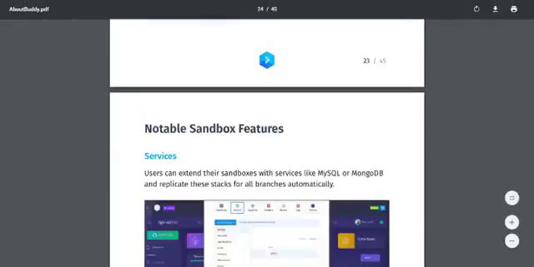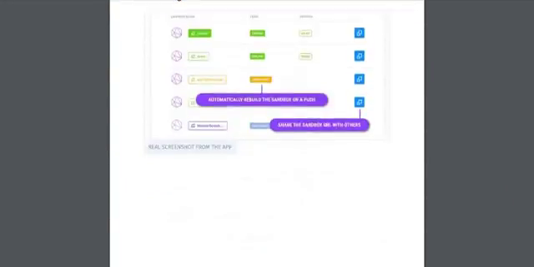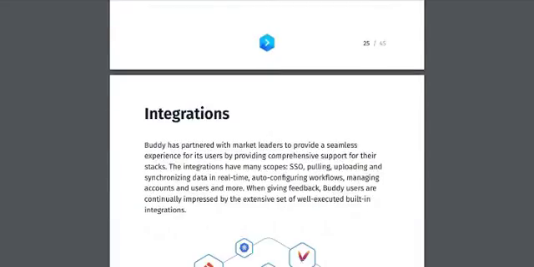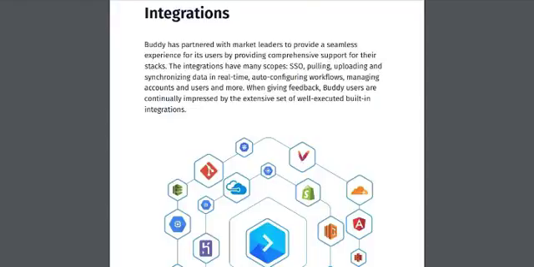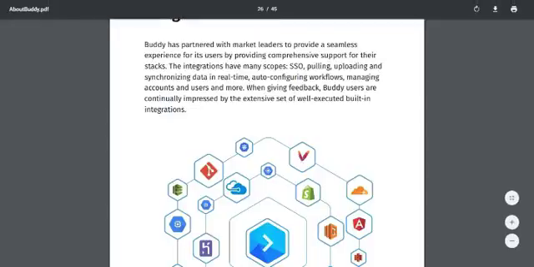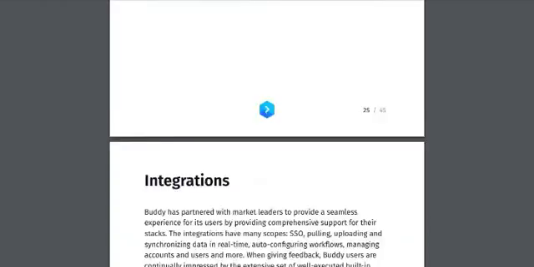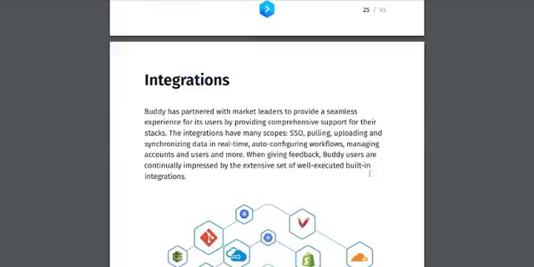Now, finally, we're talking about the final part, integrations. Buddy is such a wonderful platform that they don't just provide a platform for you to develop your apps and applications and just leave it there. In addition to those services, they've also provided what I call support services,